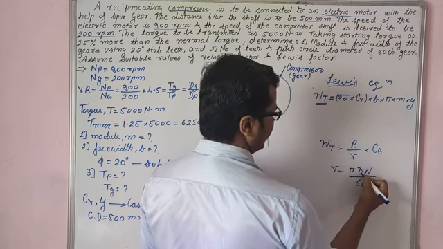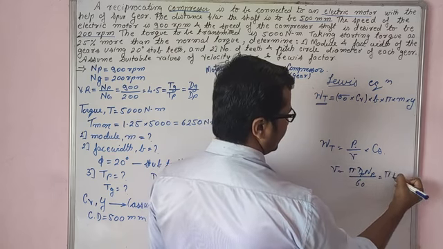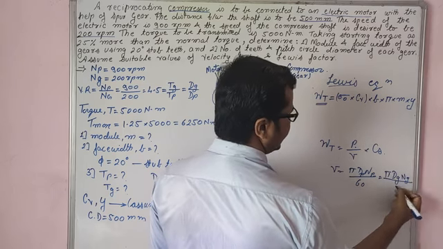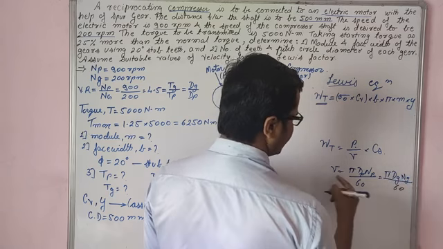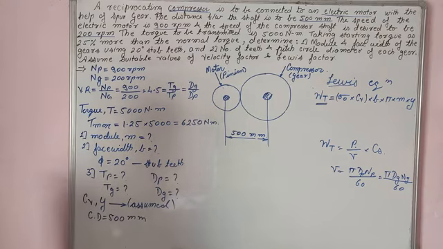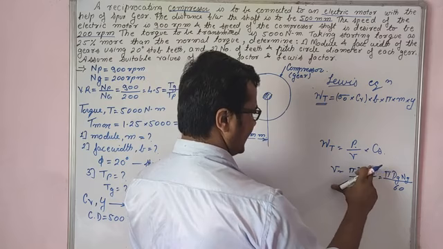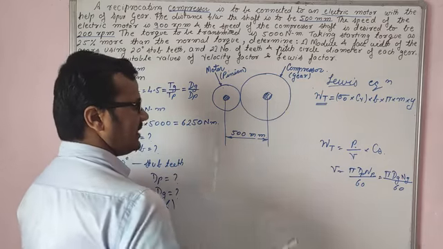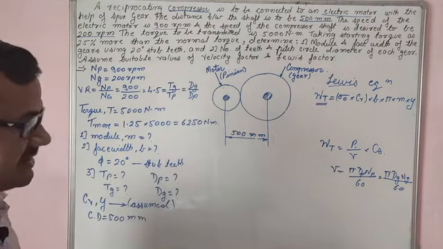For the pinion it will be pi dp np upon 60, and for the gear it will be pi dg ng upon 60. So pitch line velocity we can find out using this relation, but the speed of the pinion is there. We don't have the pitch circle diameter of the pinion, neither do we have the diameter of the gear, but we are given the